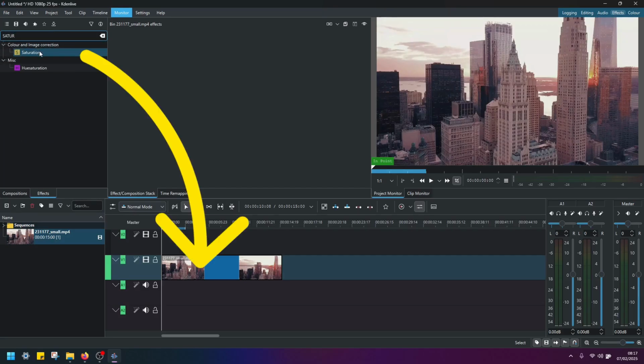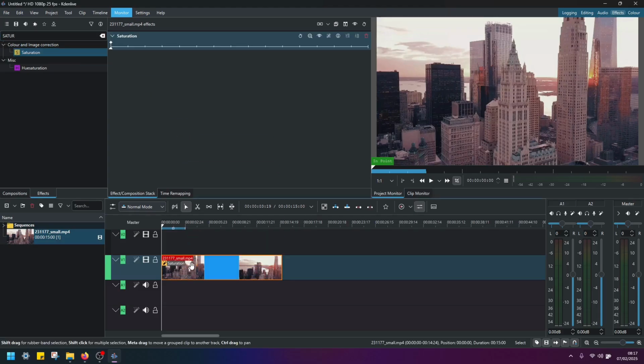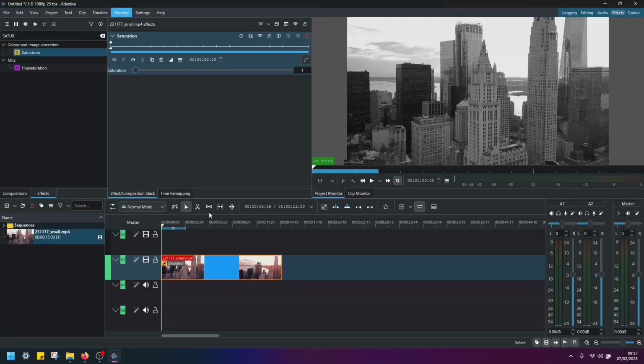Take the saturation effect and drag and drop this onto your video in video track. Select the video, and here on saturation settings, bring down the saturation to 1. Now you can see the video becomes black and white,